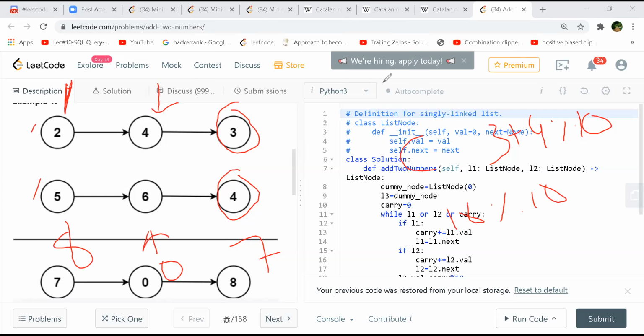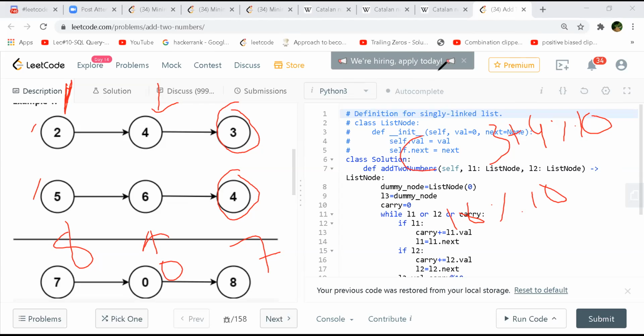Yeah, you have to do it the other way, but that's fine. So you are saying you're traversing, instead of 3, 4, 2, you start from 2, because that is the starting point. So 2 plus 5 you add, then you get 7, and when you do that you take the mod, the modulo of 2 plus 5, and assign it to 7. But if there is an overflow, for that you will have to say 2 plus 5 divided by 10. That will be an overflow, that will be a carry, which will be carried to the next nodes.